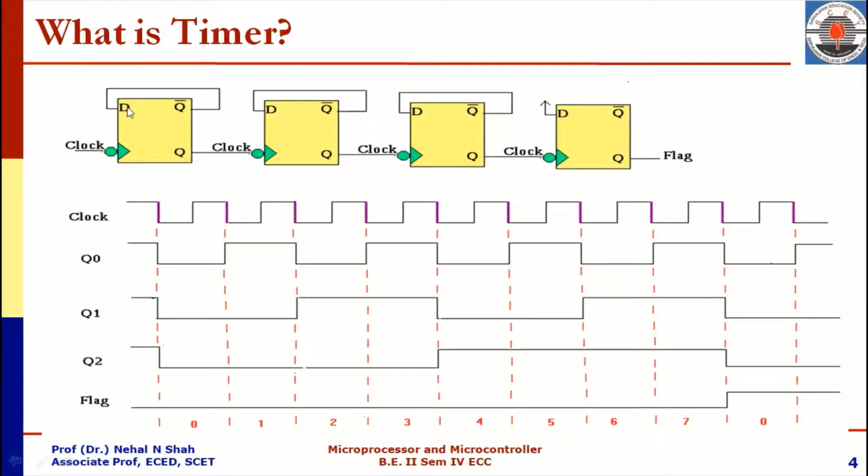Whenever D input is 1, output of this D flip-flop will be 1 and Q bar output will be 0. So next time 0 will be given as an input, which will generate output 0, so at that time Q bar equals 1 will be generated. So you can observe with every clock tick, this output Q is going to toggle, which is provided as clock signal to the second flip-flop.